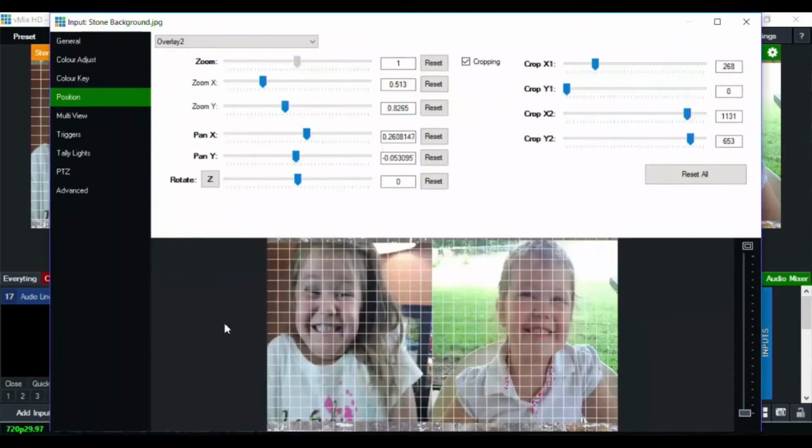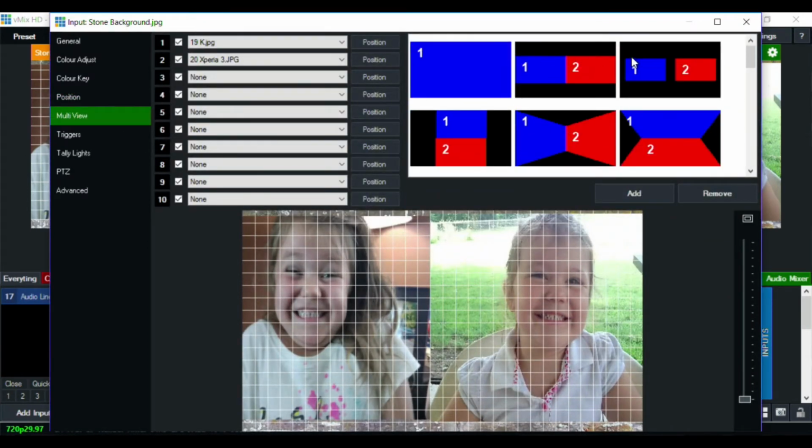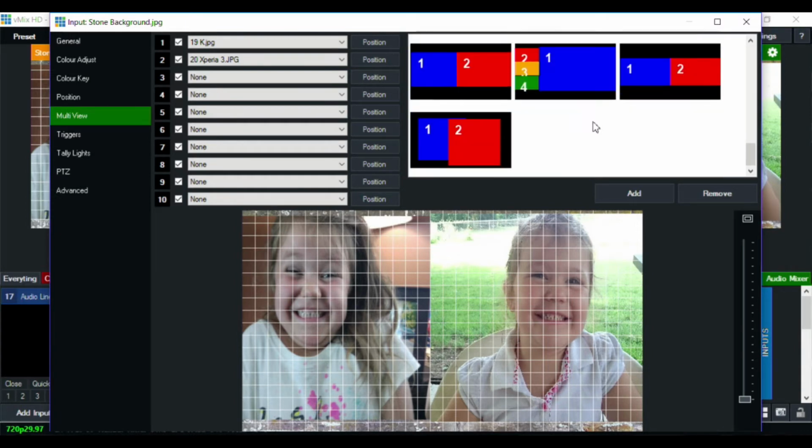Now again, what I use to make this multi-view is this multi-view in vMix here. And then I stretch the pictures out to make them look larger in the windows.